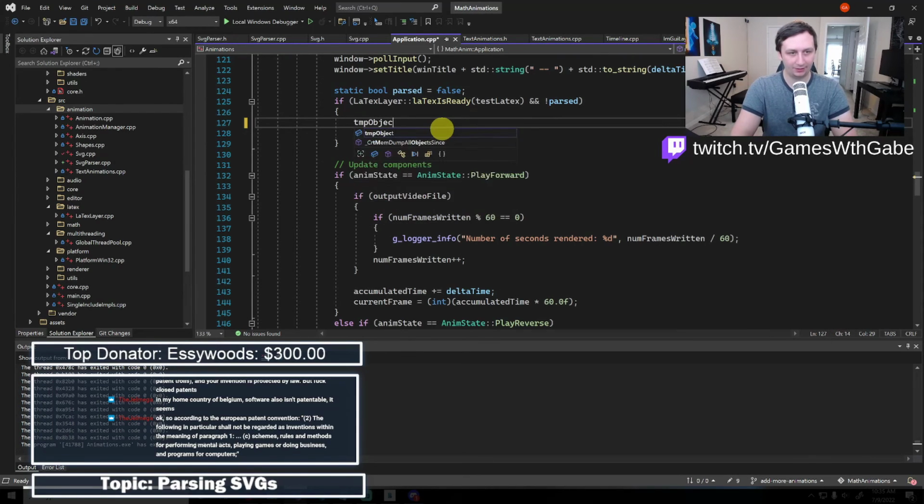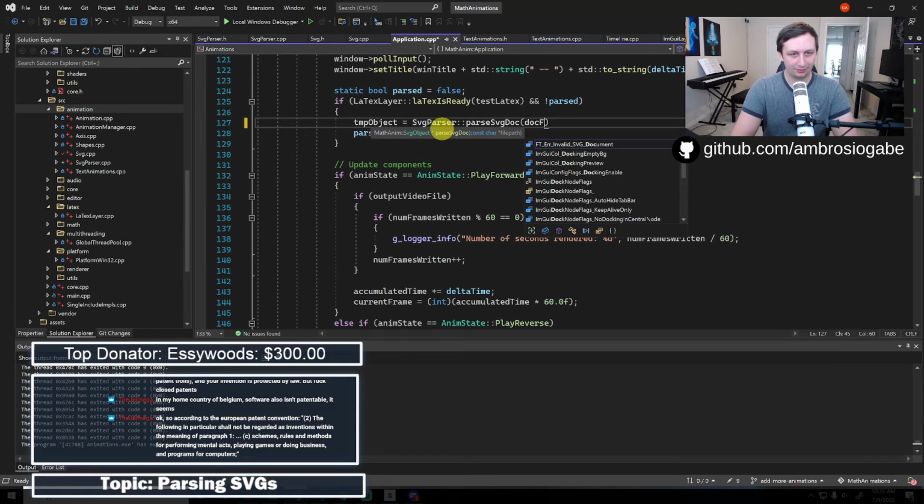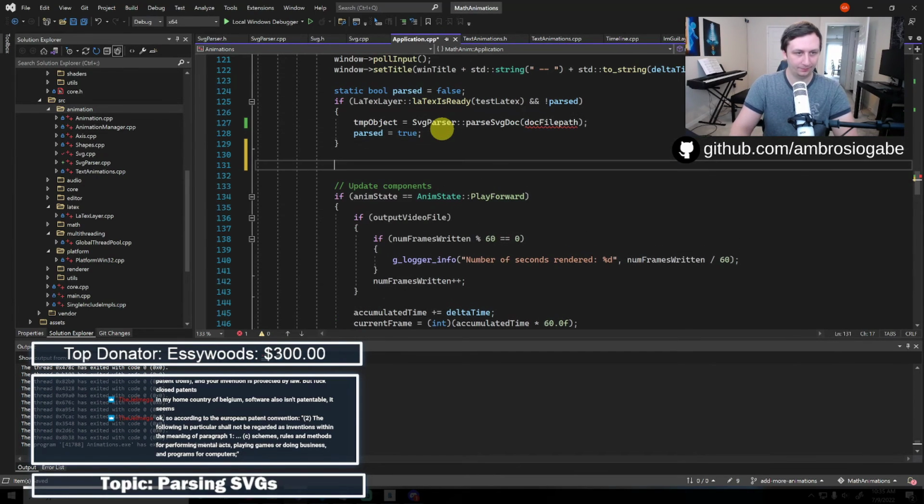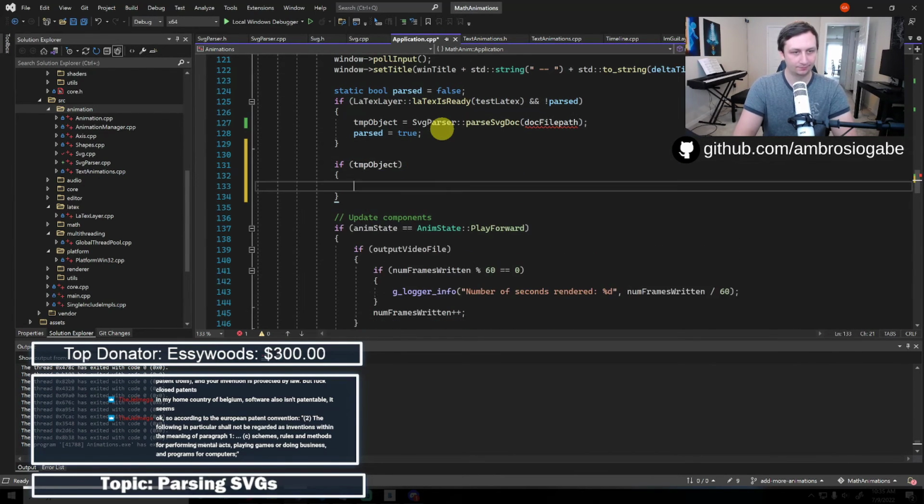Then we'll say temp object, that doc file path, if temp object, we will do that.